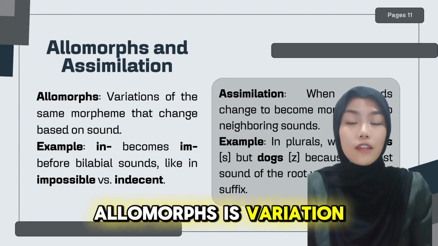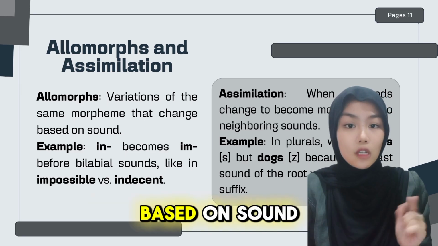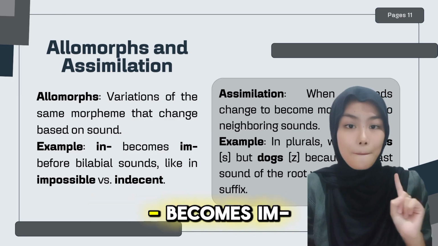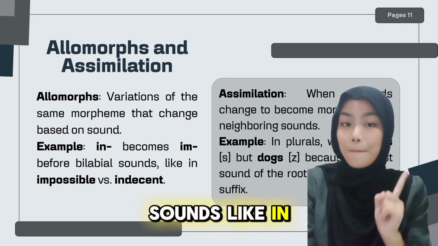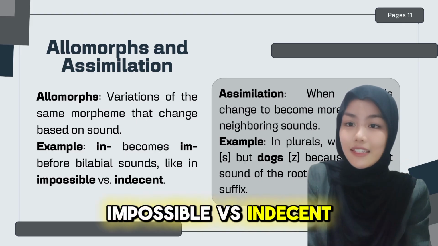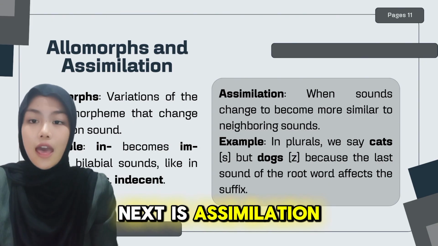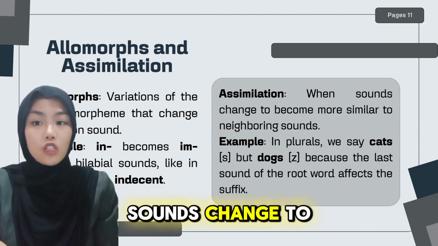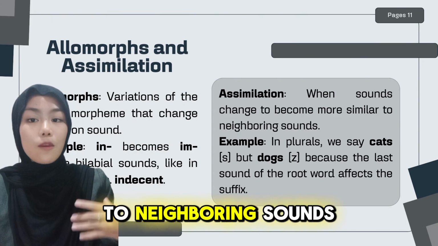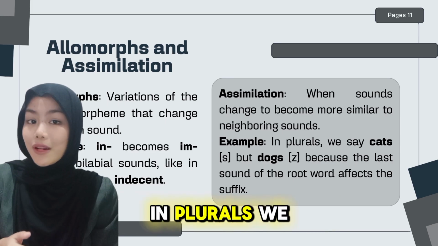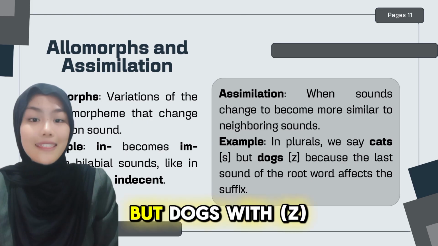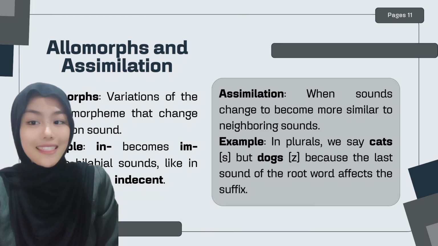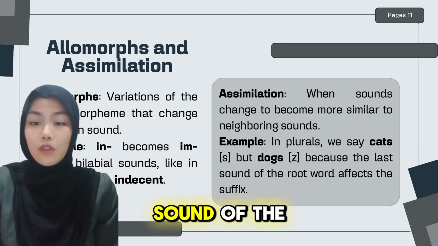Okay guys, the next material is allomorphs and assimilation. An allomorph is a variation of the same morpheme that changes based on sound. For example, in becomes im before bilabial sounds, like in impossible versus indecent. Next is assimilation. Assimilation is when sounds change to become more similar to neighboring sounds. For example, in plurals, we say cats with s, but dogs with z, because the last sound of the root